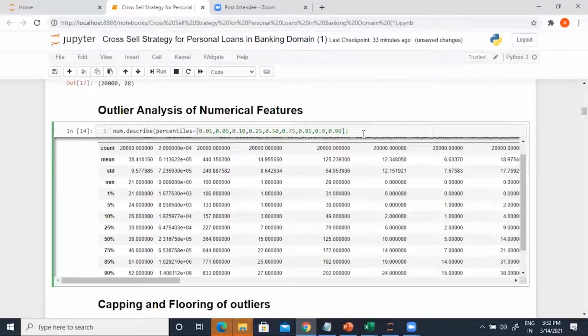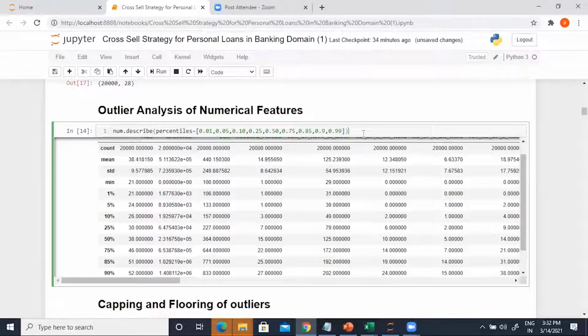What is an outlier? An outlier is something which is far removed from the majority of the data, right? Now our textbooks teach us that anything lower than the 25th percentile, or anything higher than the 75th percentile, should be called an outlier. But in real life situations, we don't do that.